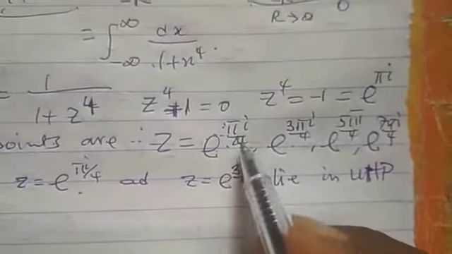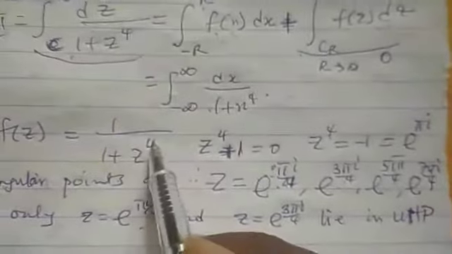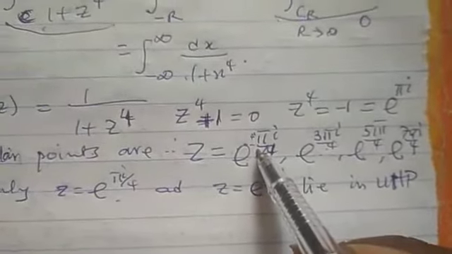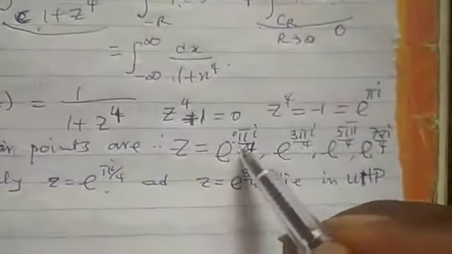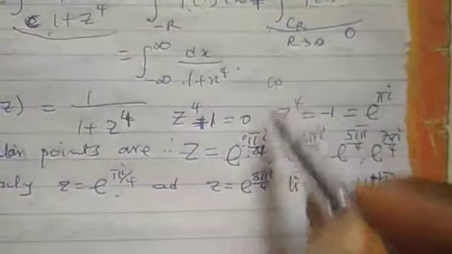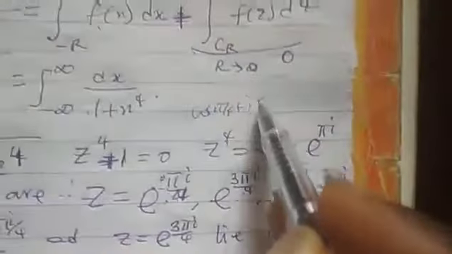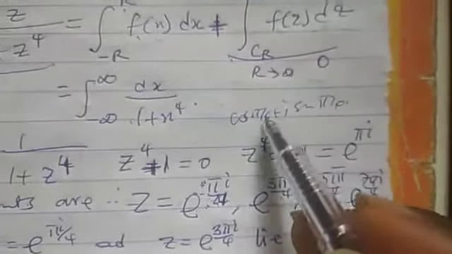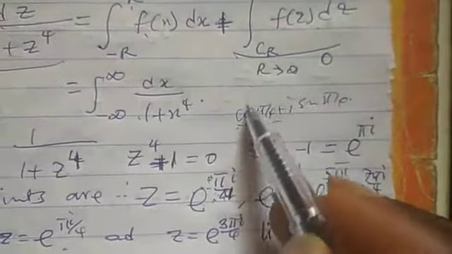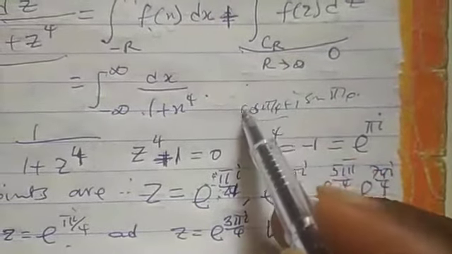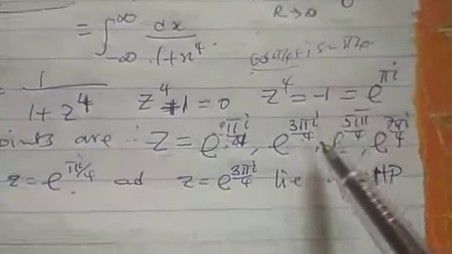So the trick is that for the first two, 1 over 4 and 3 over 4, the numerators are both less than this power of 4. The others are greater. But it is something you can check yourself. Exponential pi i over 4 is the same thing as cos pi over 4 plus i sin pi over 4. So the x-axis is positive, the y-axis is positive, so it should be on top. But if you consider the others, you will see that they are not in the upper half plane.